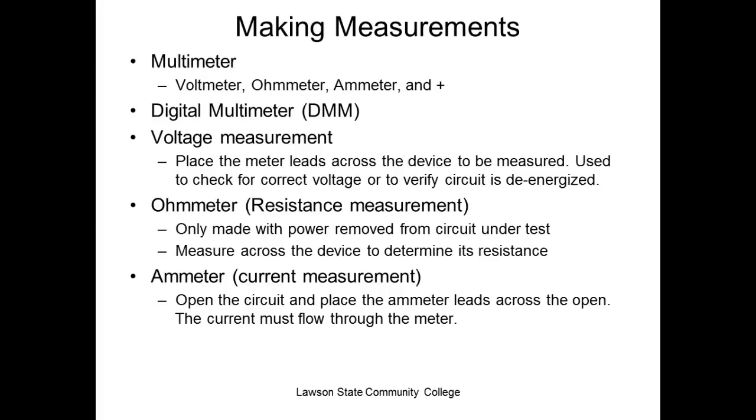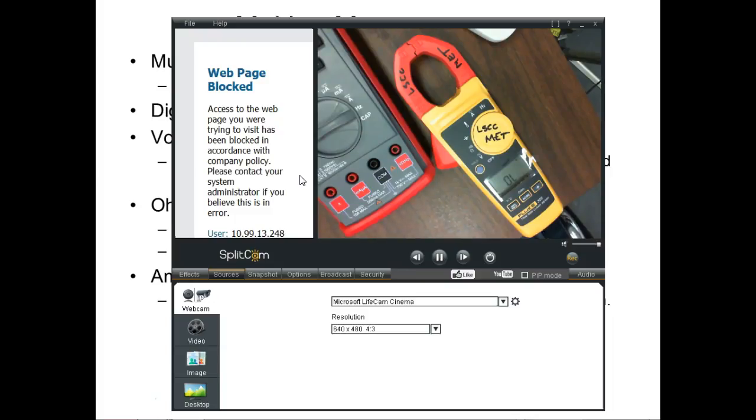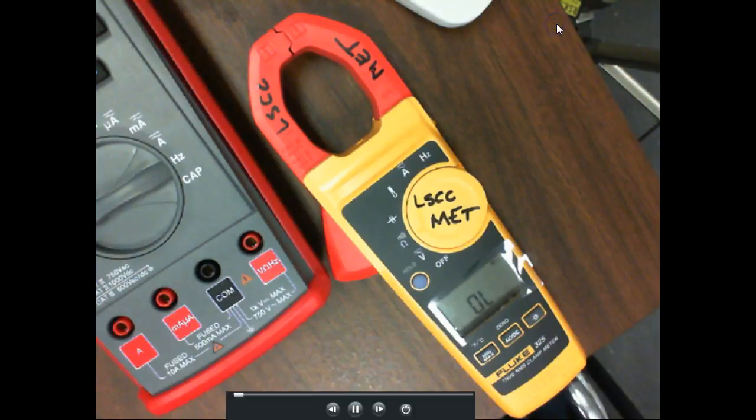Ammeters measure current. A true ammeter. Now, this is where people get confused. So this is what we call a clamp-on ammeter. Now, how does this thing work? Does it measure amps? Sort of. What it does is that